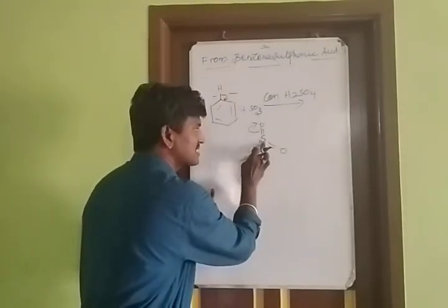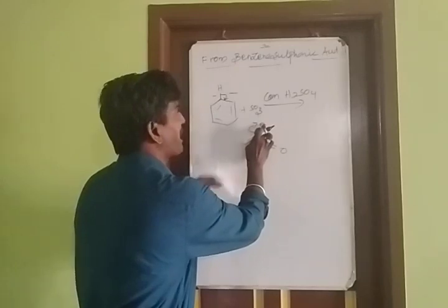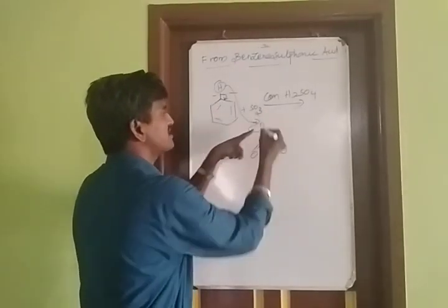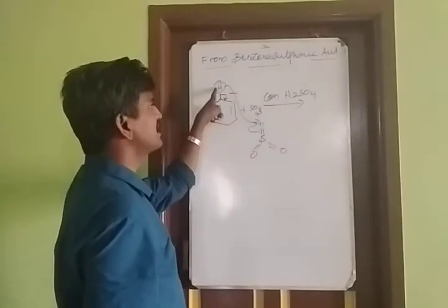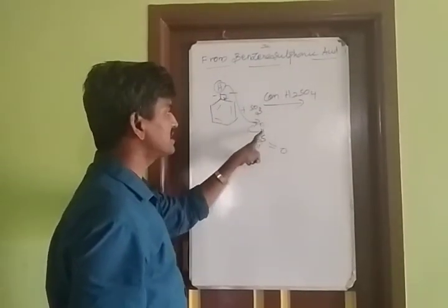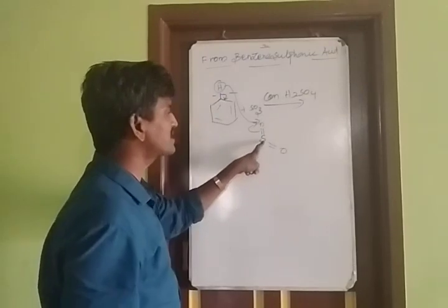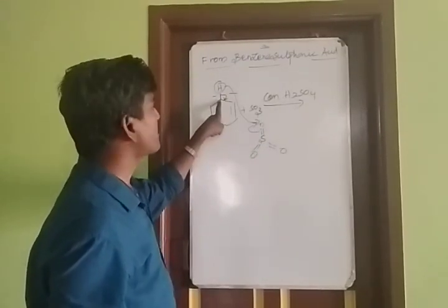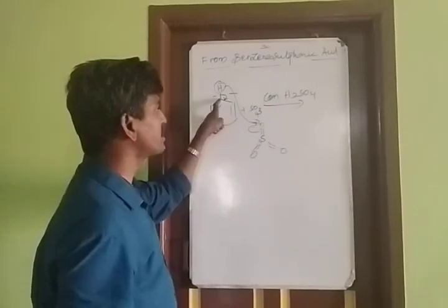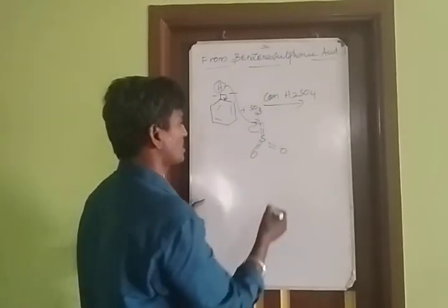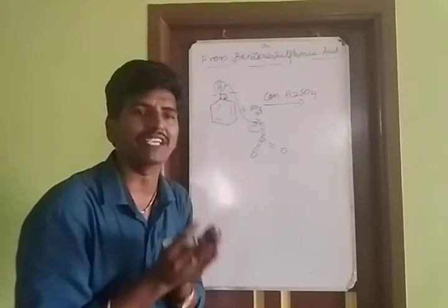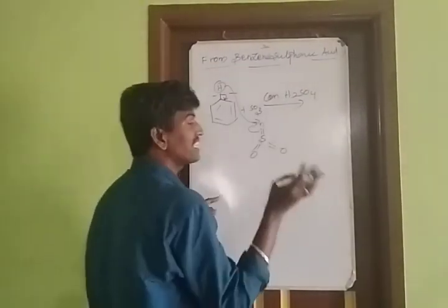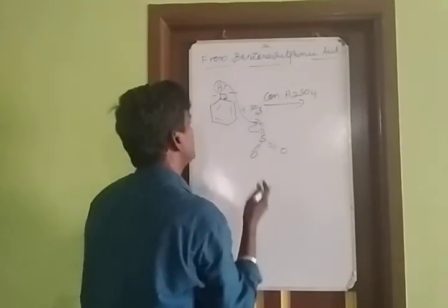What's the charge of sulfur? Here S plus, OH, O minus. This H plus moves towards O minus. O minus with H plus becomes OH, and the double bond becomes a single bond. What's the charge of sulfur? Plus. Here carbon minus. So bond formation takes place between carbon and sulfur. You can get one intermediate, and you can get benzene sulfonic acid. This is the preparation of benzene sulfonic acid from benzene.